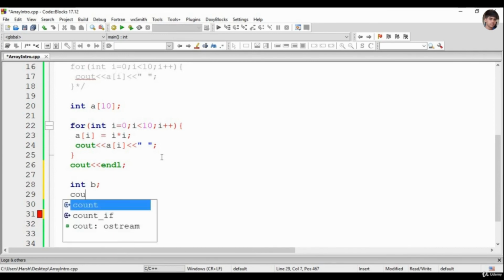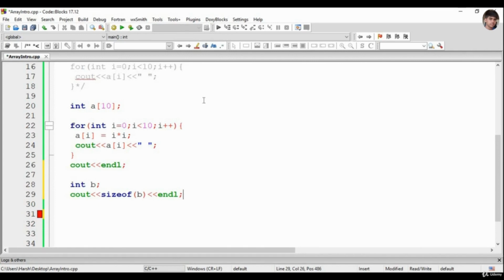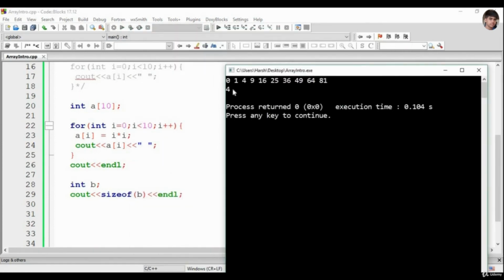So when we try and print the size of b, what will be my output? My output will be that variable b is of 4 bytes. So my output will be 4. So my output is coming out to be 4.